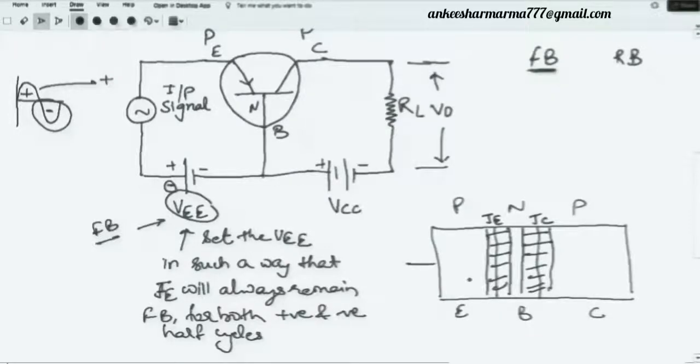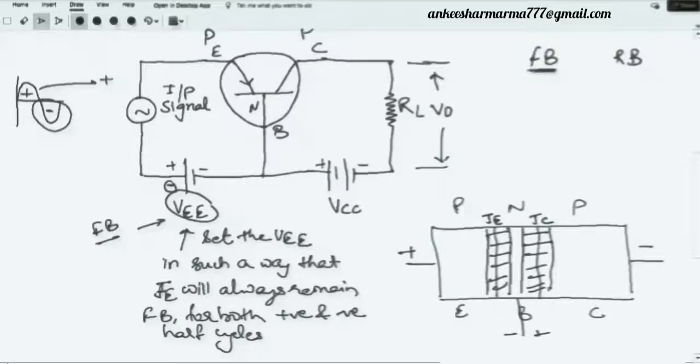What I will do here is apply the biasings. This is what I have done. Due to the application of the biasing, as I said, the emitter junction will be forward biased, so positive will be there, negative will be there, and here I have negative and the other is positive. When I am discussing the emitter junction, I will take the positive and negative polarities. When I discuss the collector junction, I will take the negative and the positive polarity. Now what is going to happen during the forward biasing of my emitter junction? I will only consider my majority carriers. Always remember, in forward biasing we always consider the